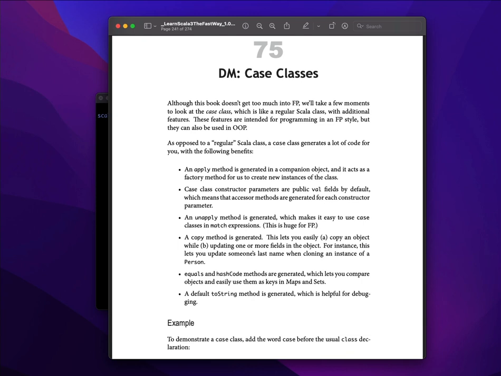So the next thing to get into is the Scala case class. As I mentioned here in the book, the case class is like a regular Scala class, but it has additional features built into it automatically. And these features are intended primarily for programming in a functional programming style, but they can be used in object-oriented programming as well. If you're familiar with some other programming languages, a case class is similar to a data class